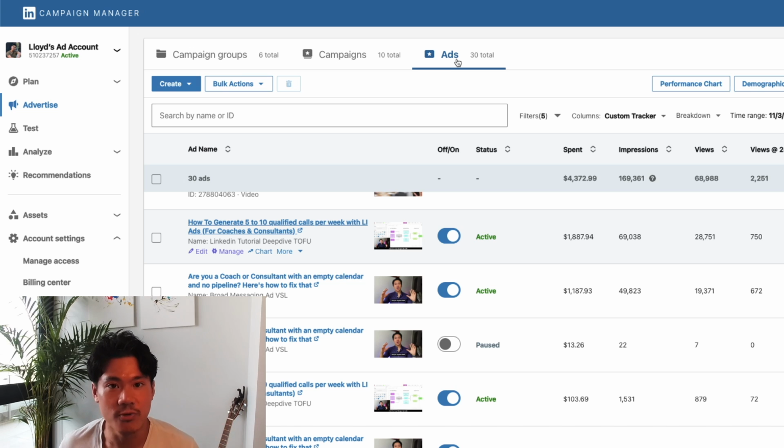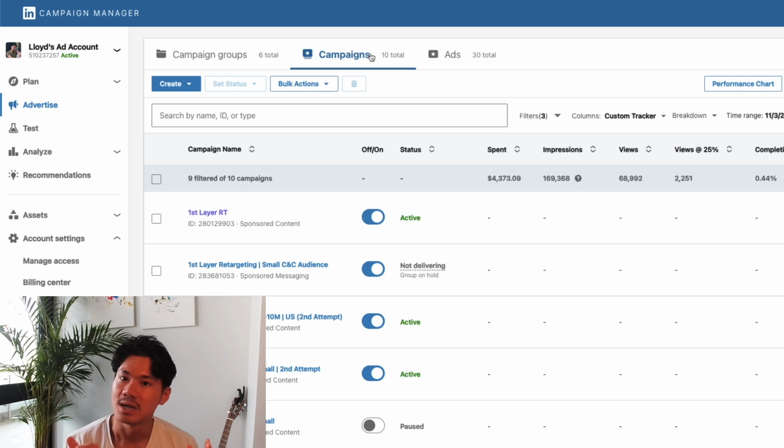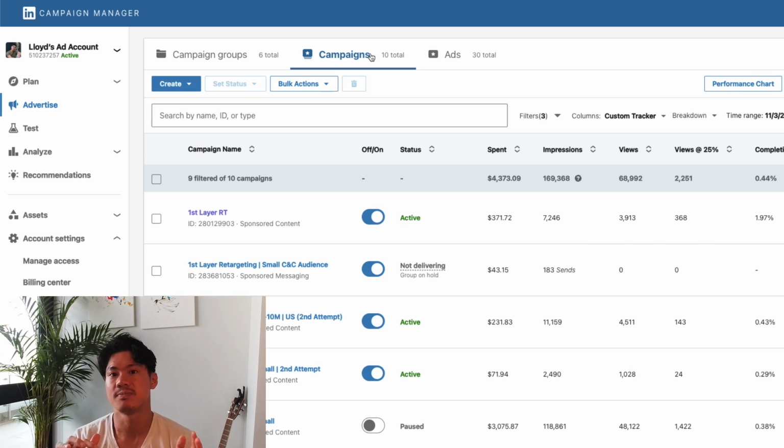Now, as I said before, there are multiple ads that you can house inside a campaign. So what is a campaign? Well, the reason the campaign is separate from the ad itself is because the ad is more about just the creative: the videos, the text, the images. Whereas the campaign establishes some parameters that are really important for the ad, such as how much your ad spend budget is, who you are targeting, or what the objective of the ad is in the first place. Is it to get conversions, or just to get followers, or something else?